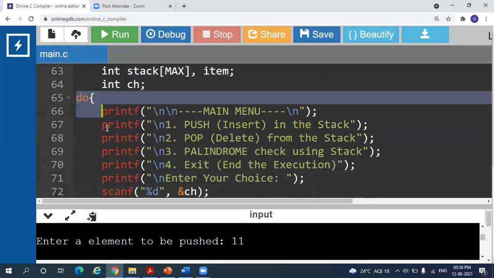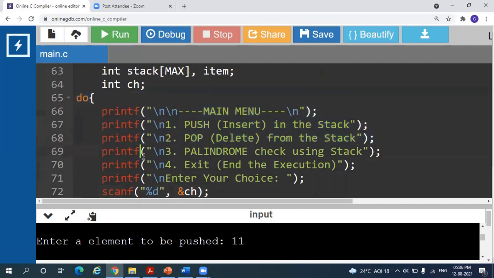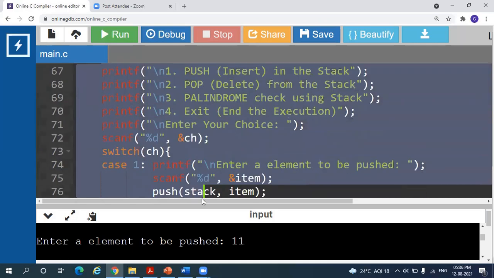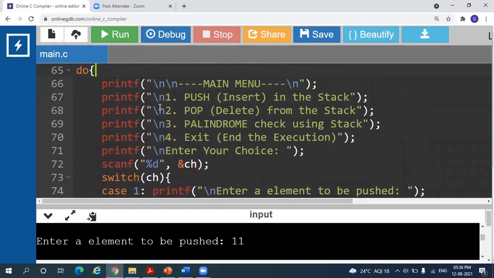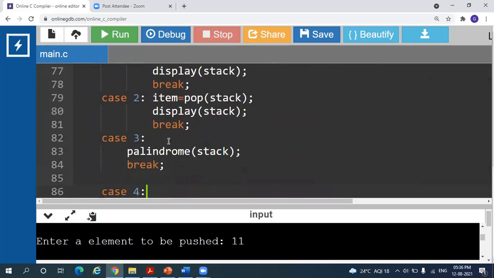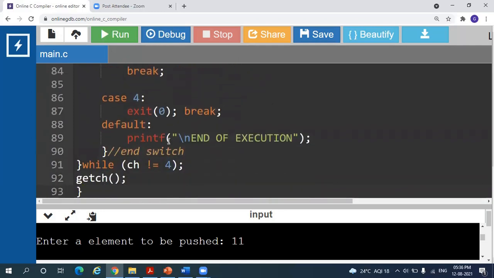See, here we are using do while loop. Many people question what is the difference between do while loop and while loop. So in case of do while loop, there is no condition initially, it just executes this. So at least one time it will print these choices on the screen. Then once it prints choices, it checks whether choice is not equal to 4.